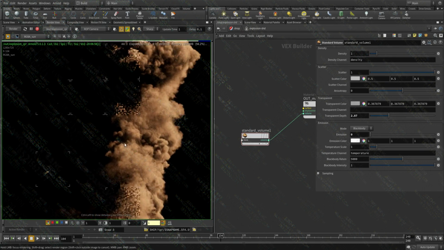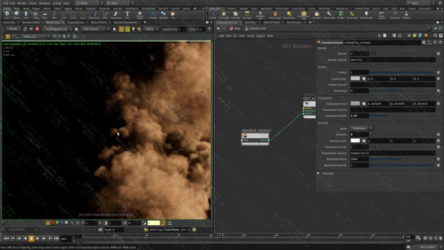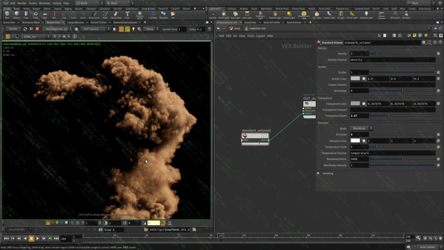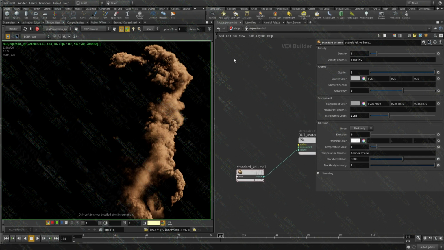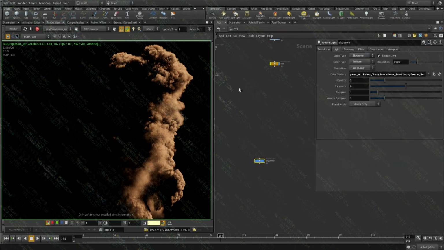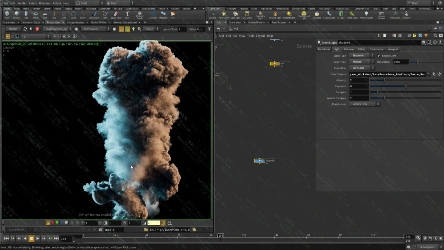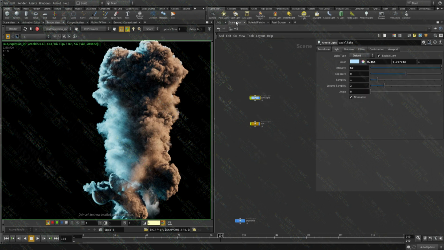Cool, so this helps. Yeah, I can see it here. And this is basically the kind of details I'm talking about. Cool, so I'm happy with this. I think it's very saturated, but we can fix that. Let's go back here. I think now because of the transparency, the backlight is bleeding into the volume too much. So let's rotate that.